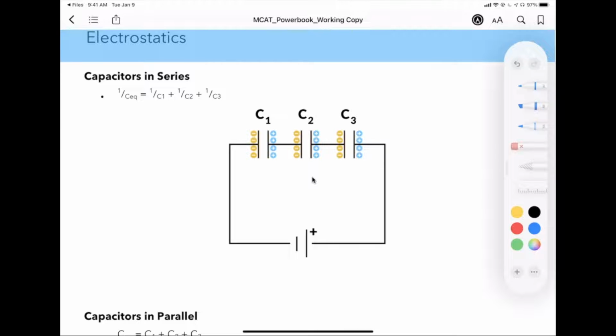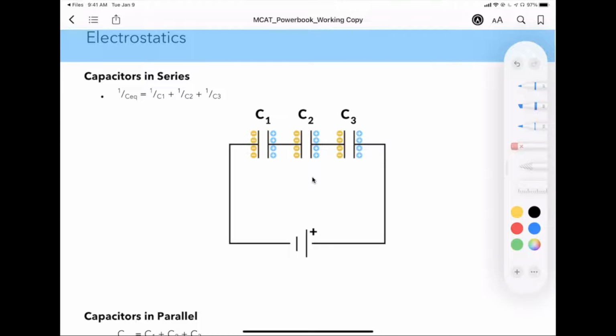Q times the sum. But then you can see that if it's going to be Q times, you can divide this Q by that Q and you'll get 1. So you can just take it out of the equation. And what we're left with is just 1 over C1 plus 1 over C2 plus 1 over C3. And you can even take out these parentheses because now the Q is gone. And so that's exactly how we derive this equation up here,